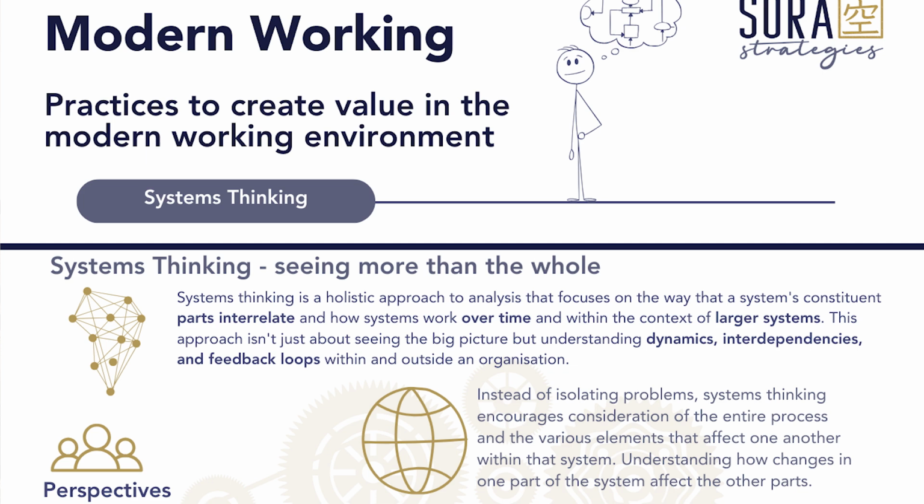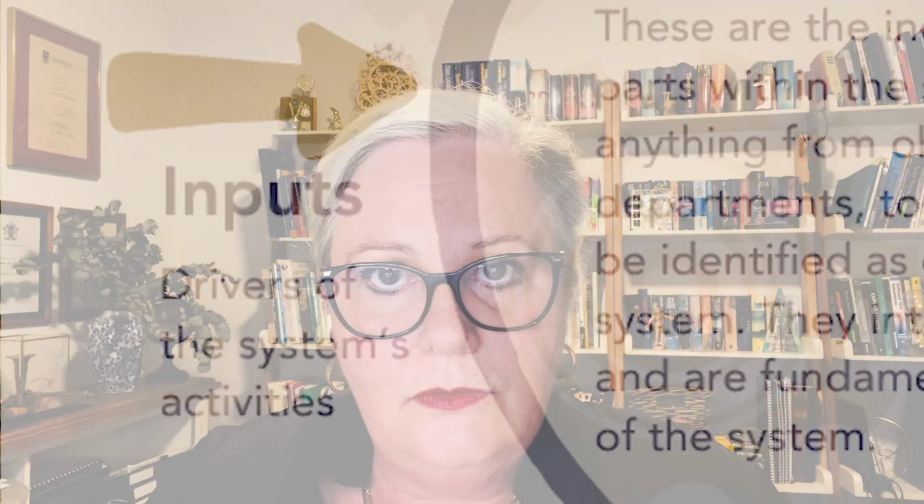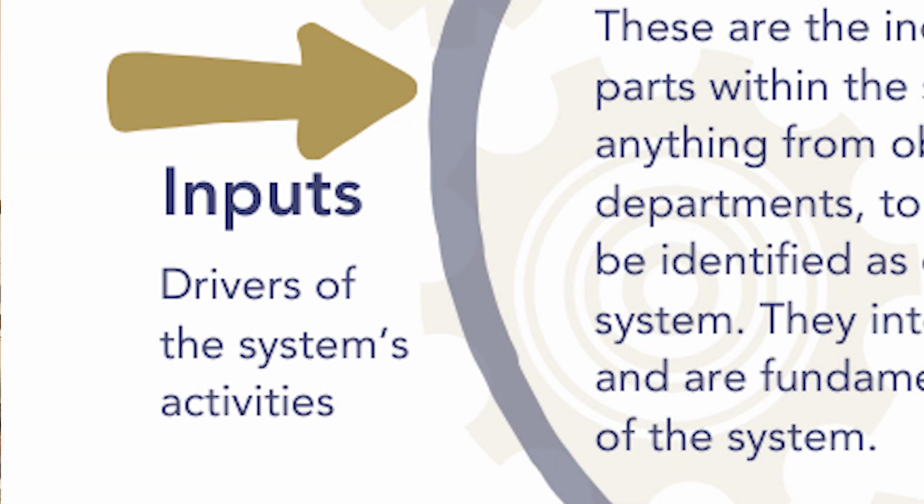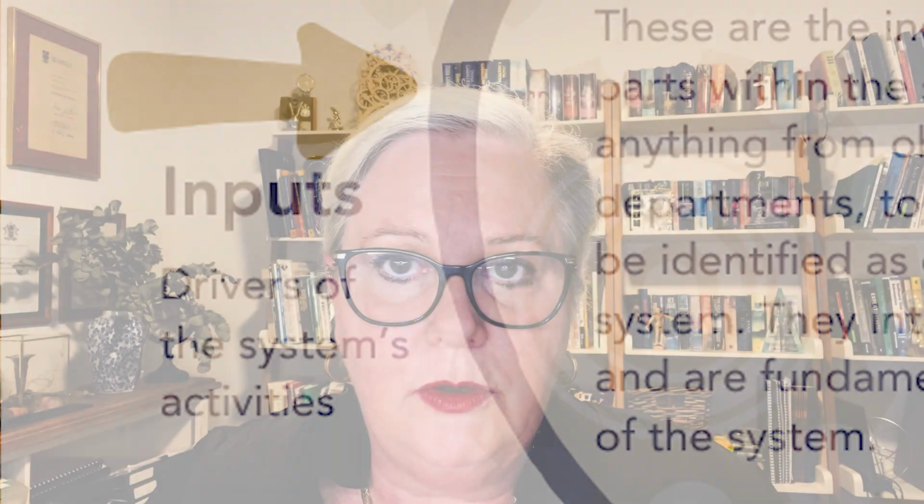So, the first thing to do when you're doing systems thinking is you need to zoom out and look at your focus area in the context of the wider area. Systems thinking means that you pay attention to not only the problem space that you're working in or your focus area, but you look at those things that are adjacent to that focus area and you start to look very closely at the inputs. What are all of these adjacencies bringing into your focus area or your problem space?